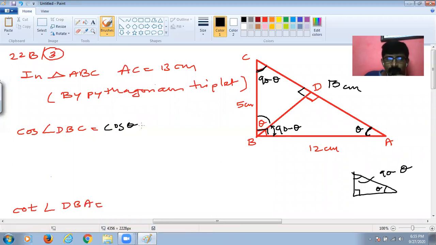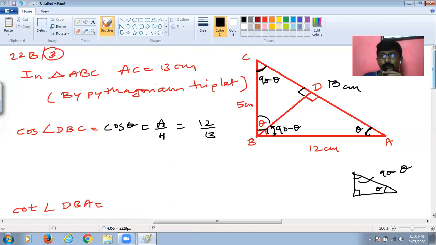And always remember, students, these are ratios. So whether you find it over here or over here, it remains the same, because sine 30 is always constant, sine 45 is always constant. So they are constant ratios. Same thing, sine theta will always remain the same in the same triangle, isn't it? So what is cos theta? Cos theta is basically adjacent upon hypotenuse. So adjacent to this theta would be 12, and the hypotenuse will be 13. So this ratio will become 12 by 13.